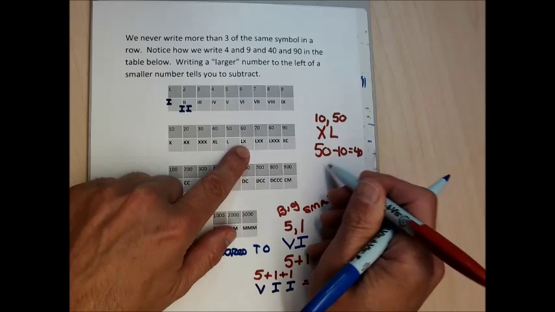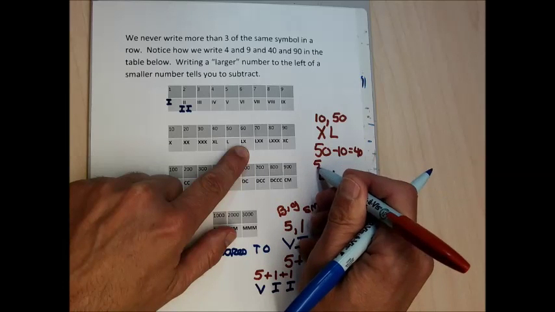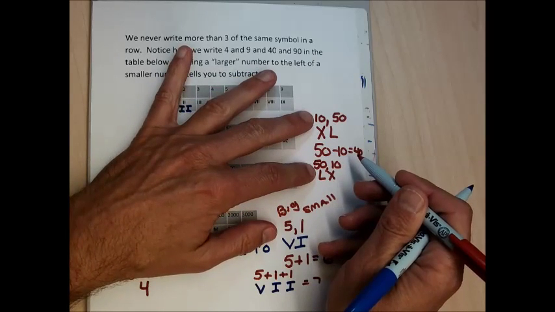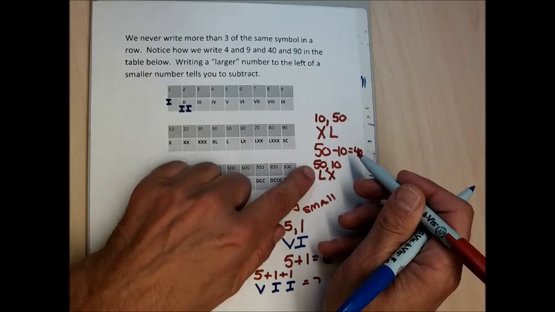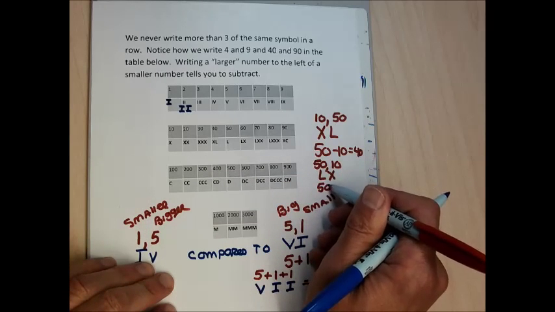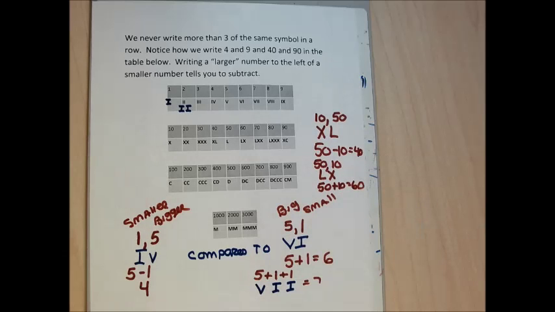But skipping over to the one after it, LX, L is equal to 50, X is equal to 10. It's the same 2 Roman numerals, but when the bigger number is written first and the smaller number is written second, to figure out what those Roman numerals are equal to, you add. So I could go through every number on this list, but this seems kind of silly. So let me get into some examples of taking Roman numerals and writing them as regular numbers,